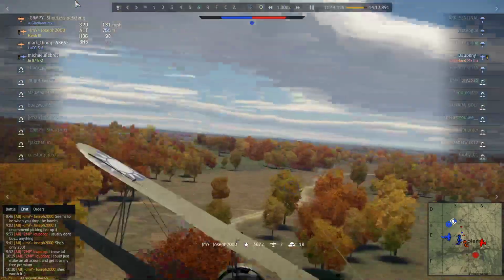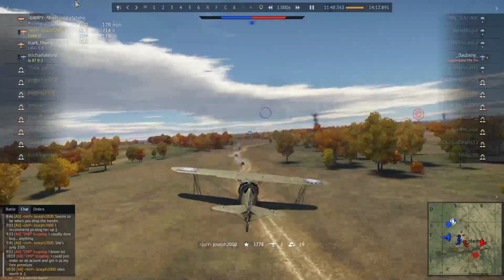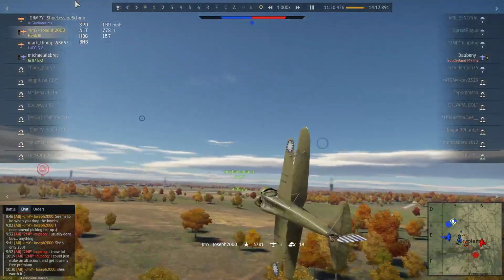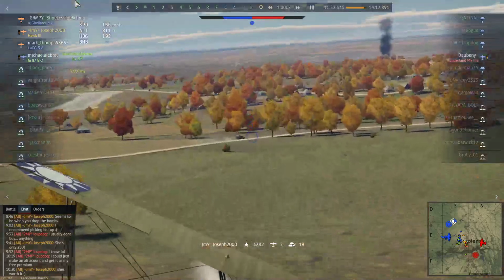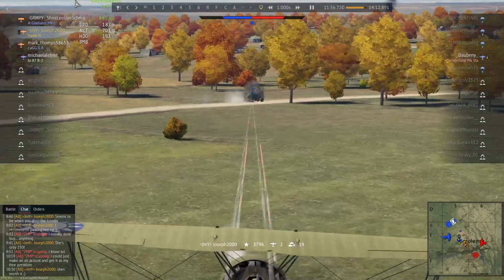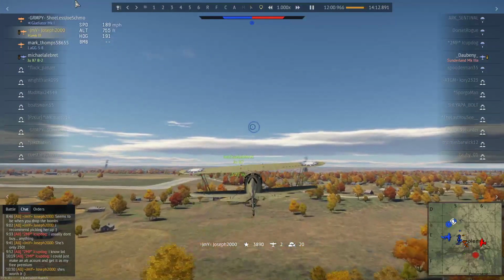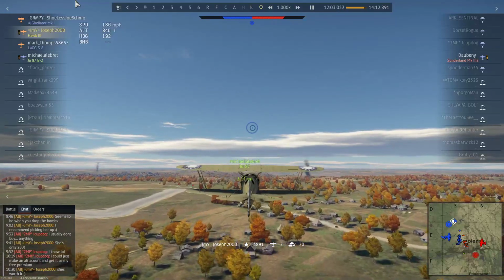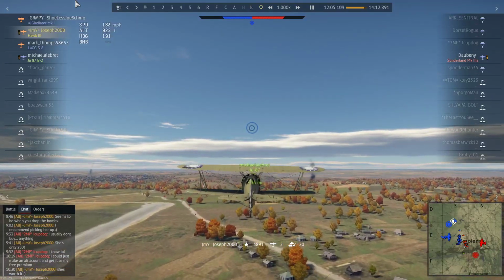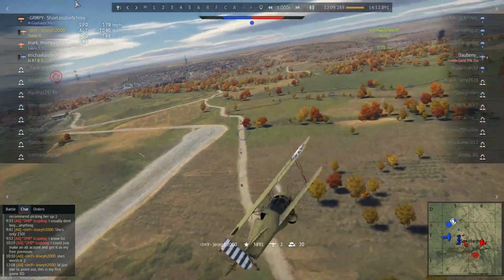The 30 cals, obviously, they'll clean up light targets like any normal gun. And, well, if I had the bombs on board, this thing could kill tanks, so that's always nice. What I did find, researching the plane that this is based on, it did have a 50 cal. As far as I'm aware, one of these variants did have a 50 cal, from what I've been able to find. It may be wrong, I don't claim to be an expert, but